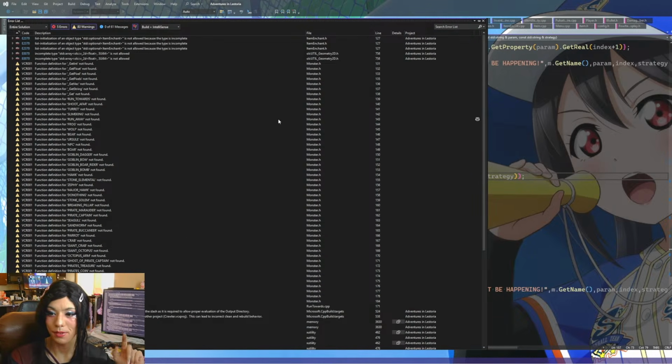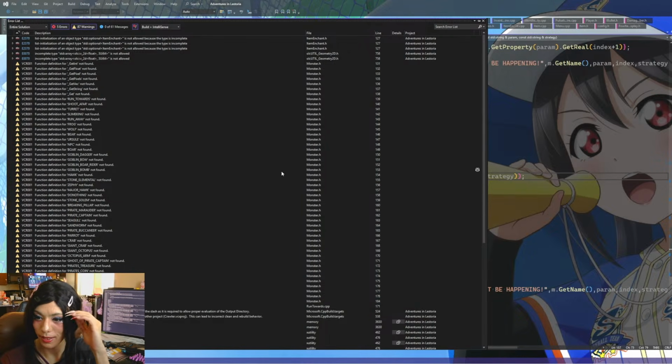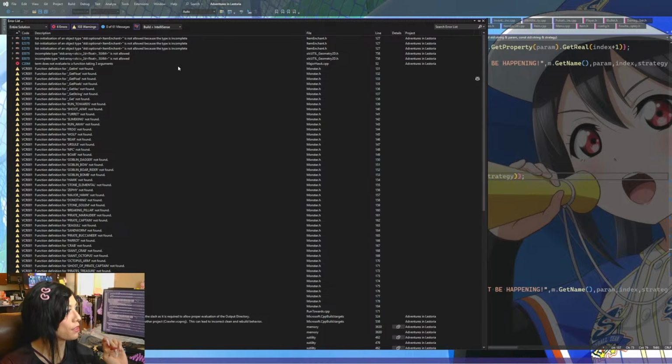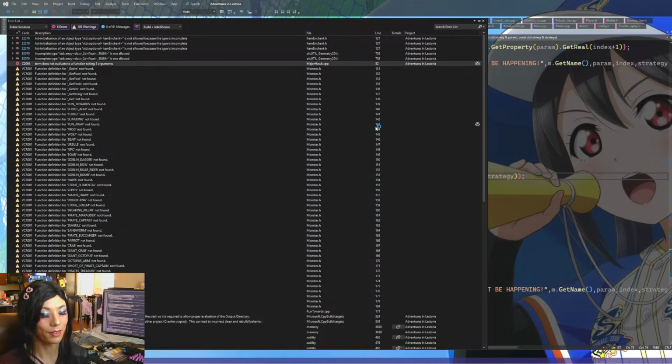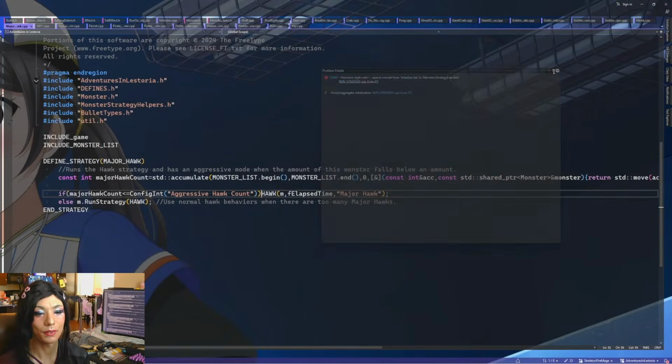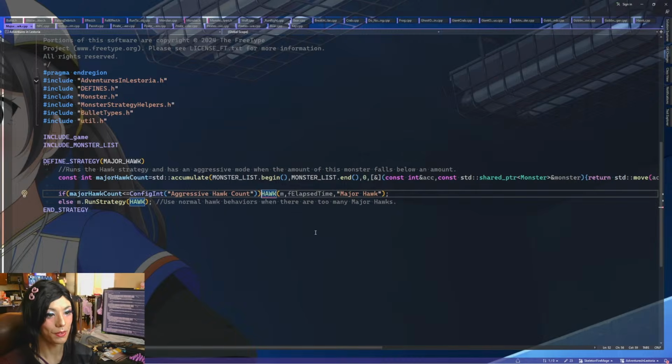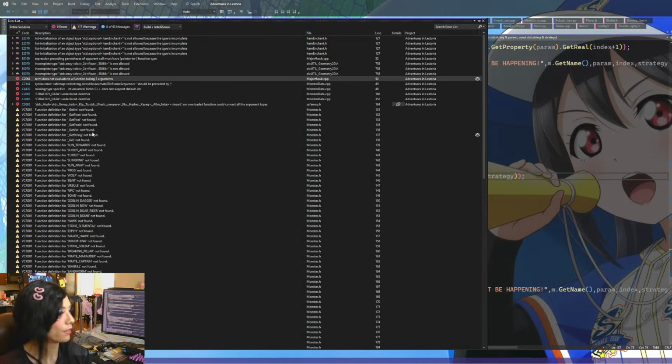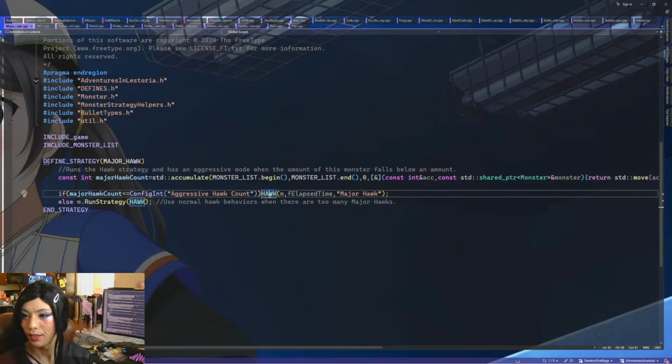Hopefully we're getting closer to a finally built product and no more string view shenanigans, right? That's really what we want, is no more silly string views, please. Term does not evaluate to a function taking 3 arguments. Oh, it looks like our find and replace missed one. Oh, that's cool. It looks like our enum thing actually does catch in errors. It's just we had so many errors before this wasn't popping up.